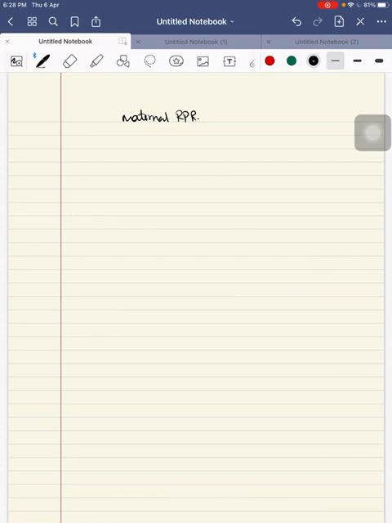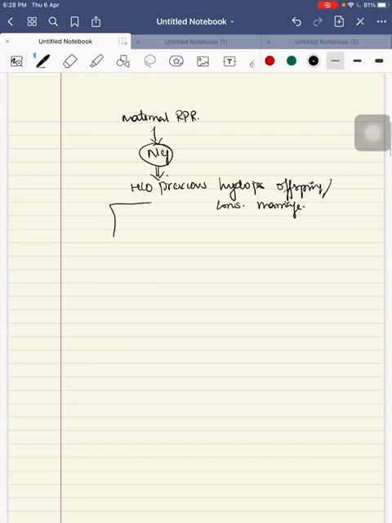I'll write it in the next page. If maternal RPR is negative, then you proceed with history: if there is any history of previous hydrops offspring or consanguineous marriage or any sibling death. If it is present, if it is positive,